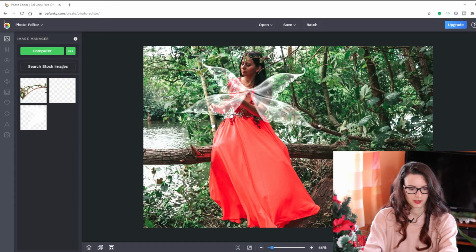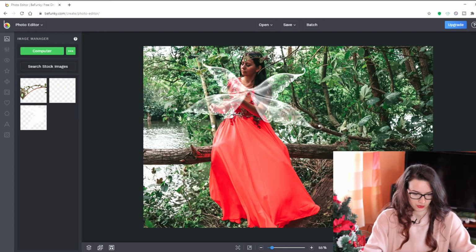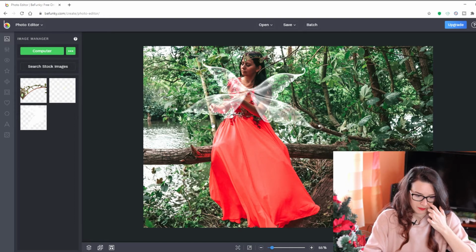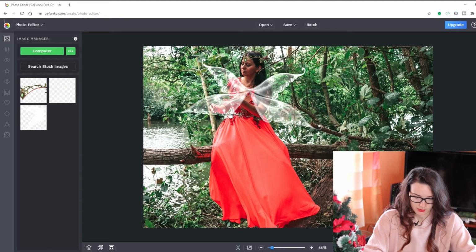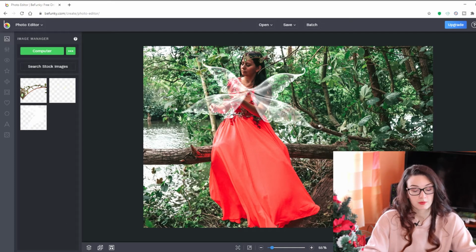Let's put my finger here. I think it looks good. Okay. I will save this image and I will import it back to my phone, where I will edit it